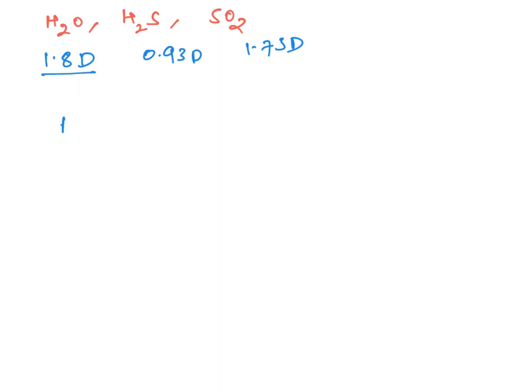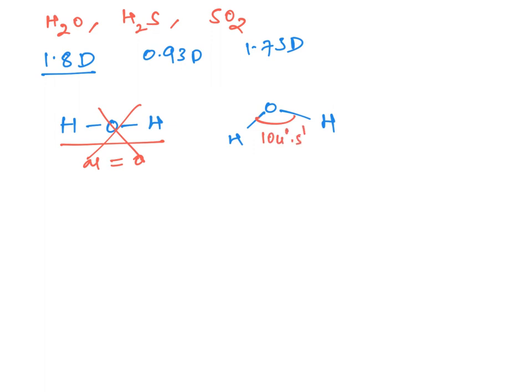For H2O, I can write it in this fashion, or I can write it in this fashion. Let's take the two possibilities. If the H2O molecule is linear, then definitely the dipole moment should be 0. But experimentally it is found that the dipole moment of water is not equal to 0. That means it is not a linear geometry; it is a bent V-shaped geometry, with a 104 degrees 5 minutes bond angle, and the dipole moment is 1.8.